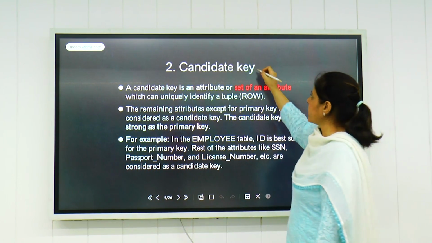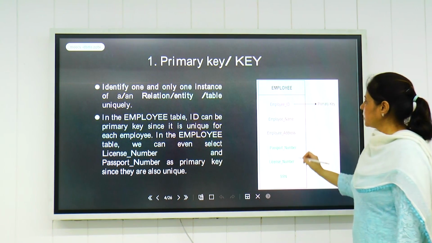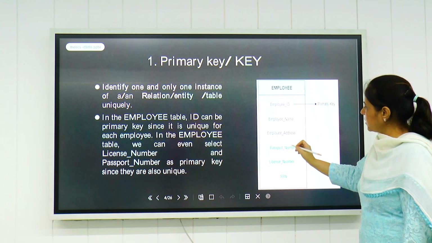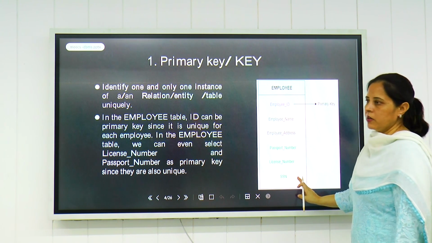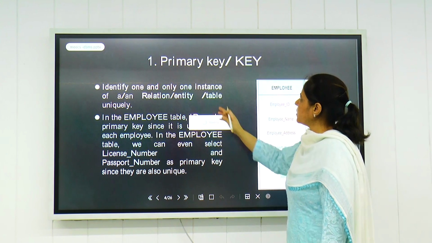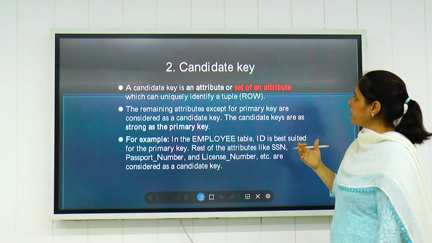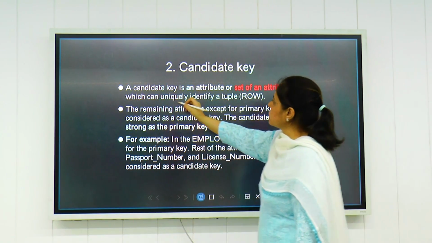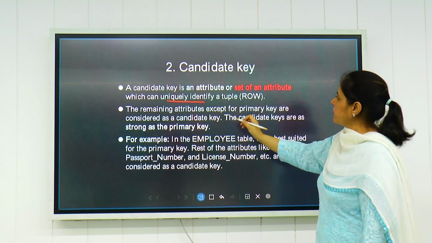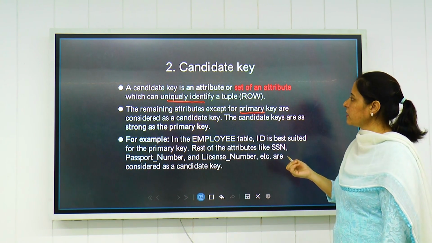Next, what is a candidate key? As we have seen in the previous table, the passport number, license number and SSN number of every employee are also unique. So they are equally competitors for being a primary key. That is the concept of a candidate key. A candidate key is a set of attributes which can also identify every row of a table uniquely. The remaining attributes which are not considered as the primary key will be considered candidate keys.